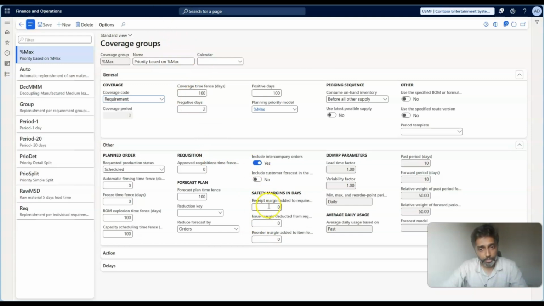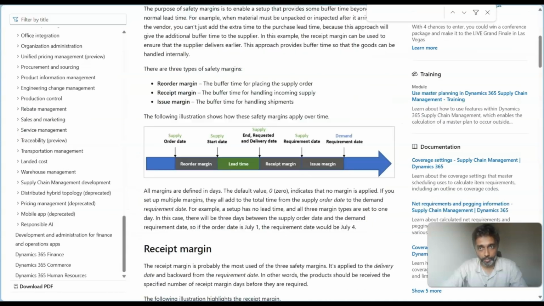So these all need to be configured in days. Let me get into the definition. If you look at this image, let's say we have a demand requirement to be fulfilled on 30th of January, but you have given an issue margin of 10 days. If you have given an issue margin of 10 days, then the system considers 20th Jan as the demand requirement